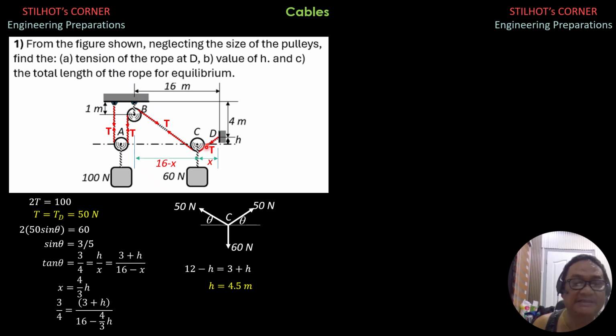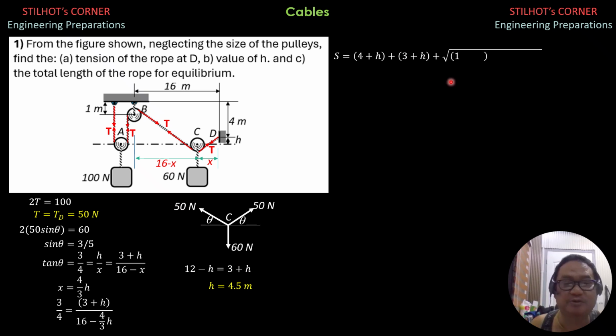And lastly, this length of the cable is the square root of x squared plus h squared. That is S, we call S, capital S, as the length of the cable. It is equal to 4 plus h plus 3 plus h plus the square root of the quantity 16 minus x squared plus 3 plus h quantity squared, then plus the square root of x squared plus h squared, where x is 4/3